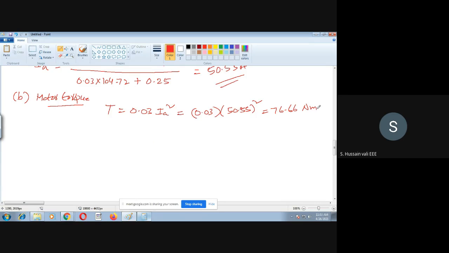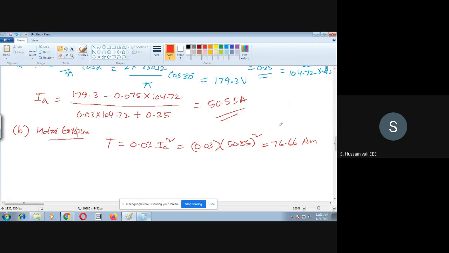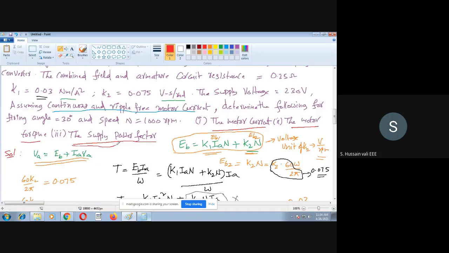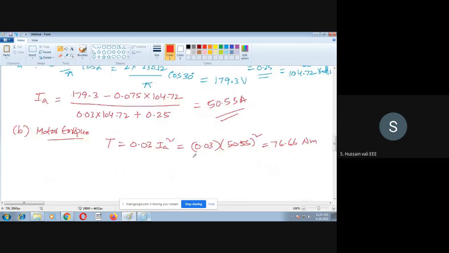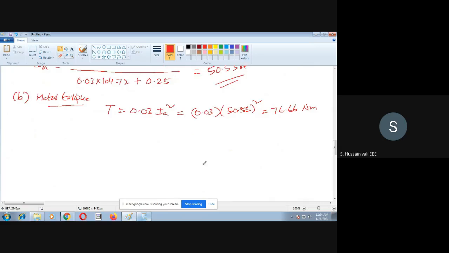What is the next question? What is left now is the supply power factor. We have been solving this part, supply power factor, several times, and I told you already that for supply power factor you cannot use this formula cos theta, because that's only for sinusoidal excitation. For non-sinusoidal waveform, that formula you cannot use directly. You have to use this formula. What is that formula? Real power divided by apparent power.